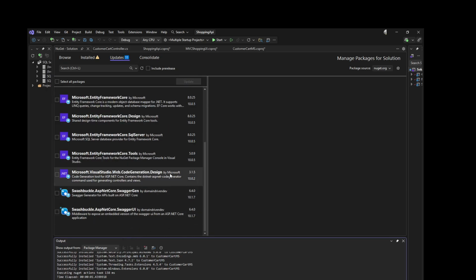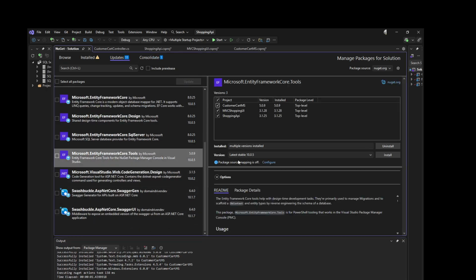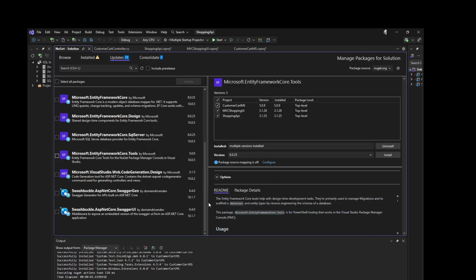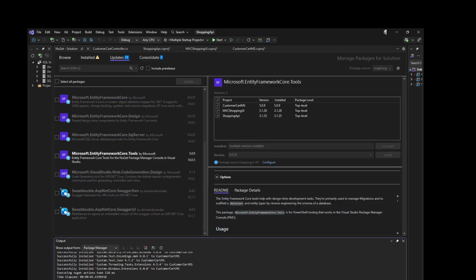So yeah, it's always possible that you miss something every now and then because you are doing your setup. So install that,